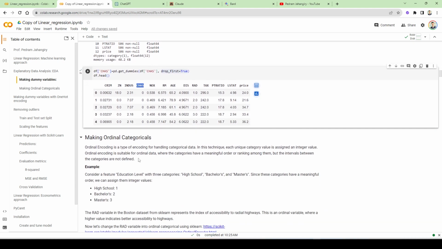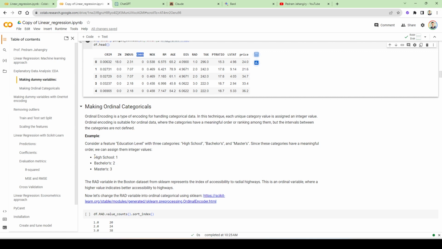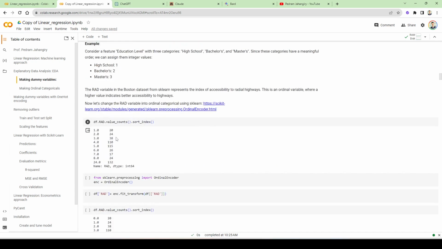Let's talk about our RAD variable, which is supposed to be ordinal categorical, right? Again, ordinal encoding is a type of encoding for handling categorical data. Imagine the data is something like this: high school, bachelors, masters, and it's 1, 2, 3. Obviously, it is categorical and it is ordinal because of the ordering, you can rank them. You can say, for example, master is higher than bachelor, bachelor is higher than high school. When we have something like this, we can use the ordinal encoder from the